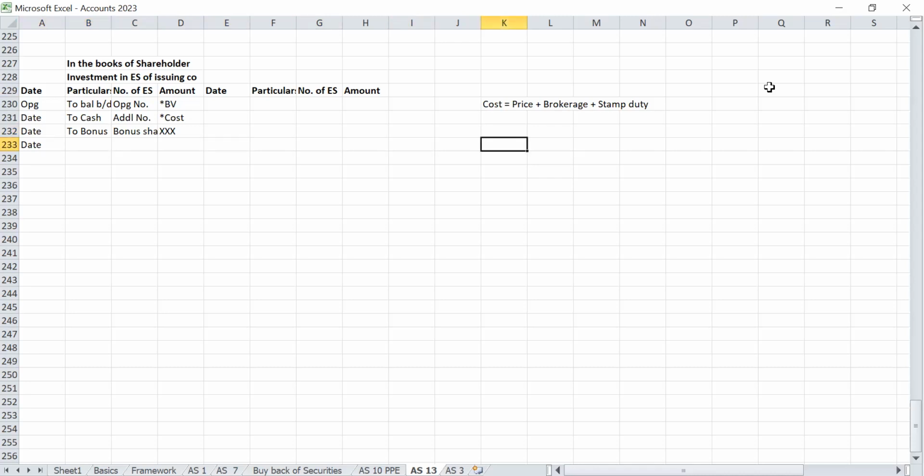So, working note: number of equity shares in hand. Rights shares will be number of equity shares into rights ratio. In this, some percentage will be transferred, some percentage will be subscribed or bought. For transfer, we will multiply with consideration received, and that consideration will be transferred to,